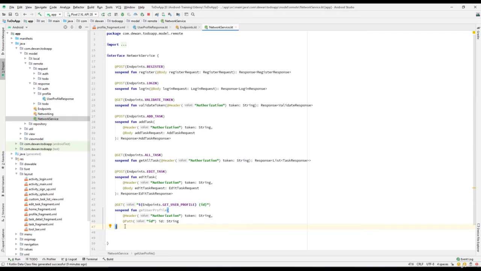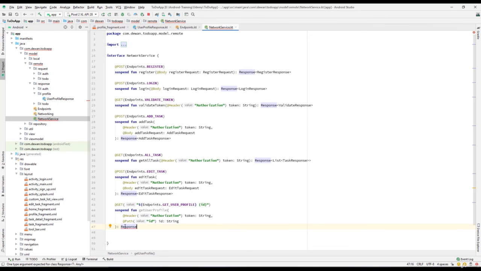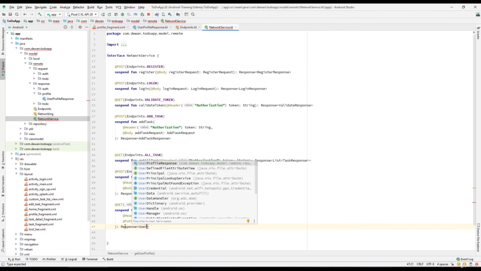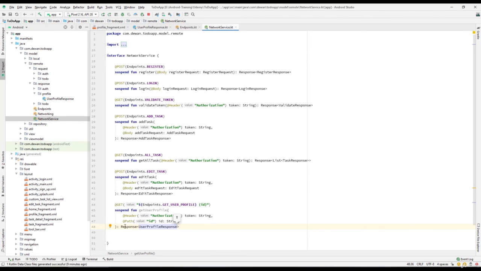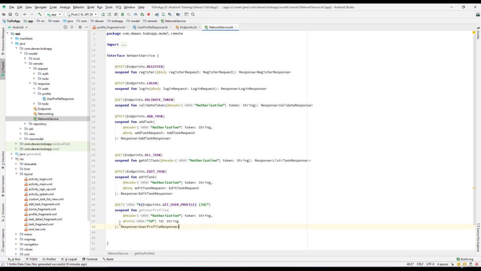And finally, what we have to do is return. So what we'll return is a Retrofit Response, and we will get a UserProfileResponse. So we created a function to get the user profile, and it will return a response of a user